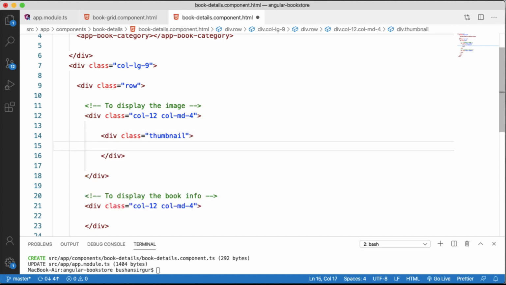And inside that I'm going to add an image tag. For now I'm going to add an empty image, so I'll make use of the placeholder.it website to display the blank image.